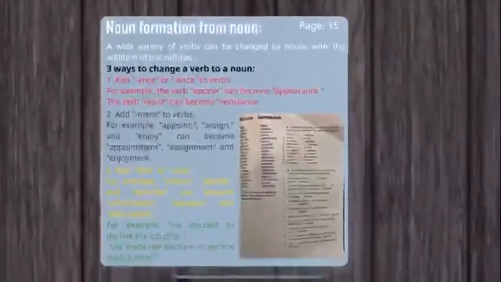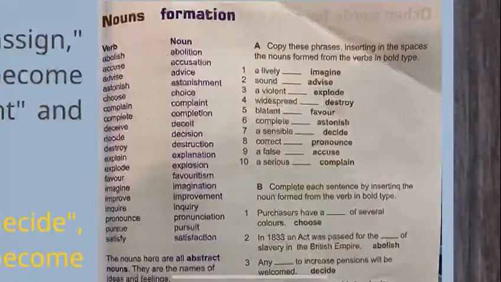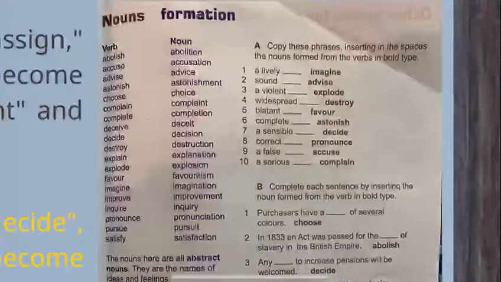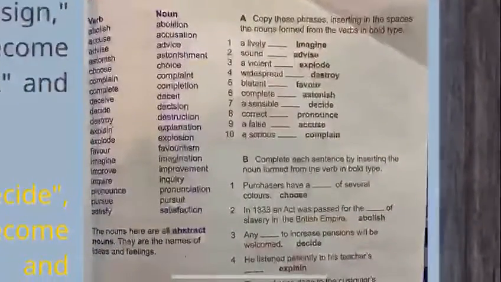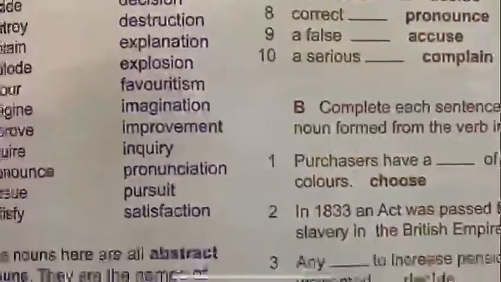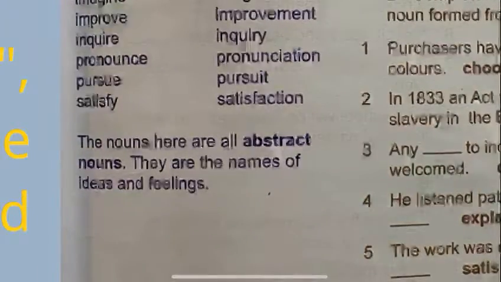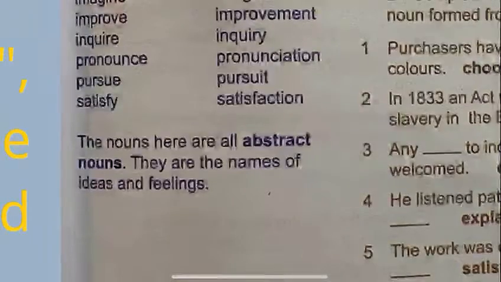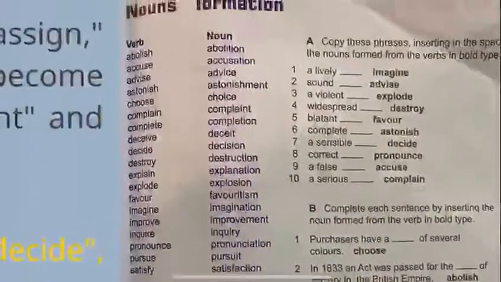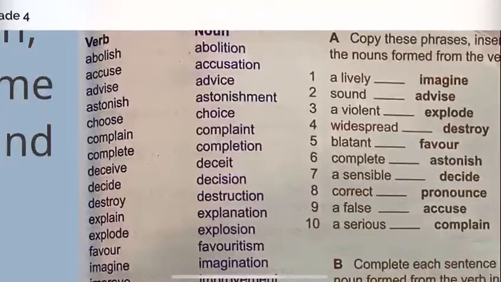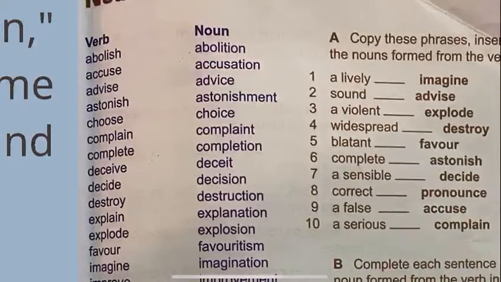So now if you see on your junior English page number 15, you can open in front of you. Here's a good list of nouns and then their formation. And it's written a noun here. All are abstract nouns. They are names of feelings and ideas. So if you see, it's written abolish, abolition,